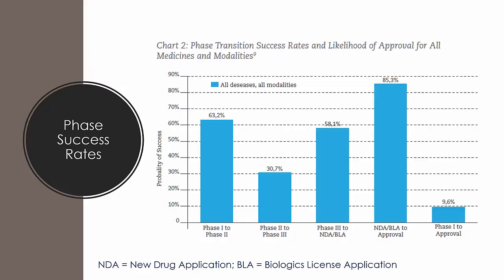Now here we look at the success rate for the different phases. I briefly mentioned them in a previous slide, but let's look at it here in more fine detail. From phase 1 to phase 2, how many drugs get through stands at about 63.2%, which is quite good. Then in phase 2 to phase 3, this is where things get a little trickier, and